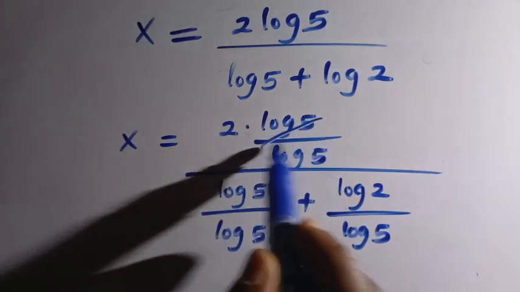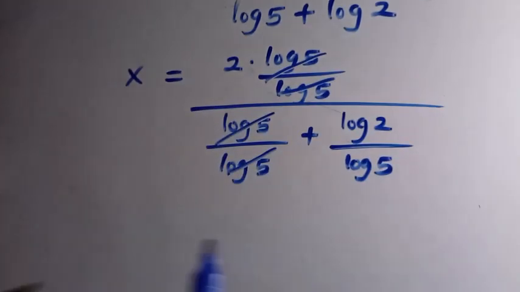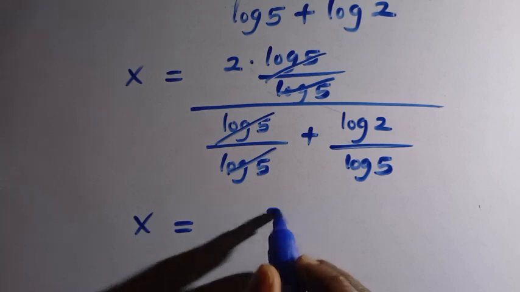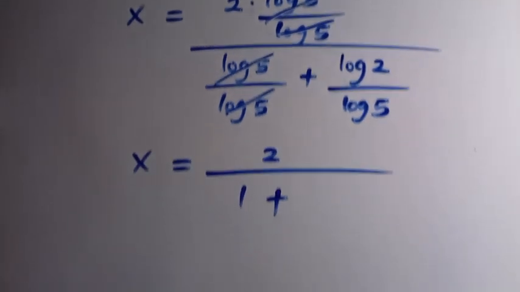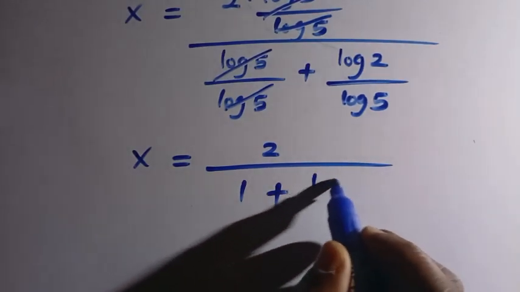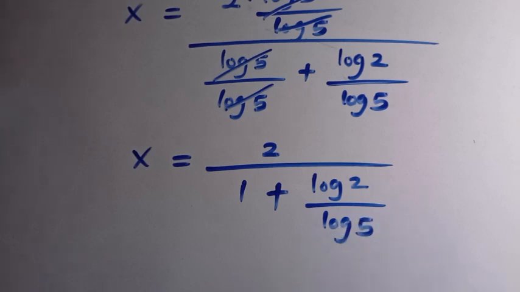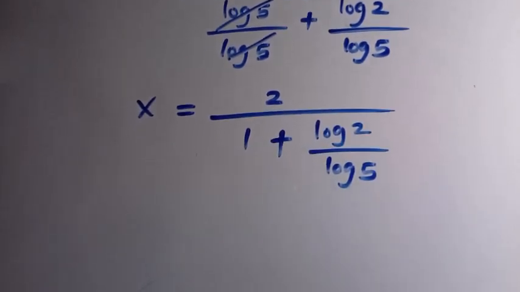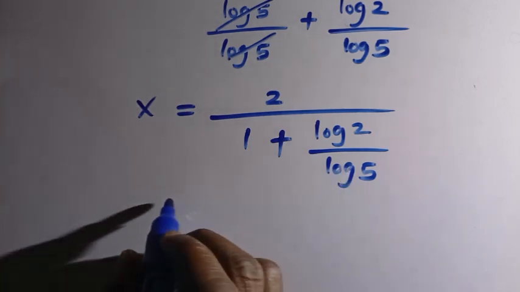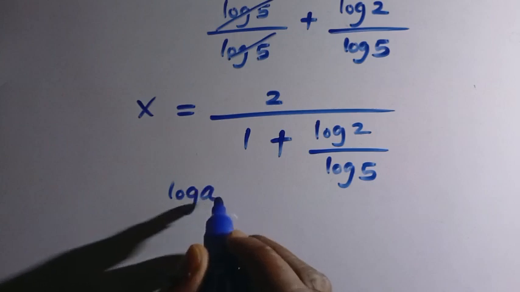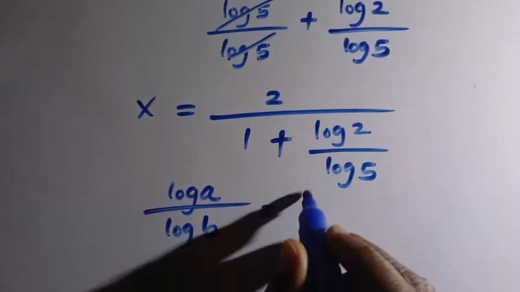From here, log 5 cancels log 5, and also log 5 cancels log 5. So we have 2 divided by 1 plus log 2 divided by log 5. Now we can see this as log 2 divided by log 5. Suppose we have log a divided by log b, this equals